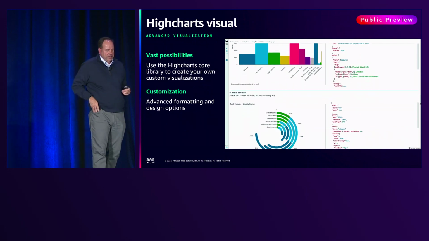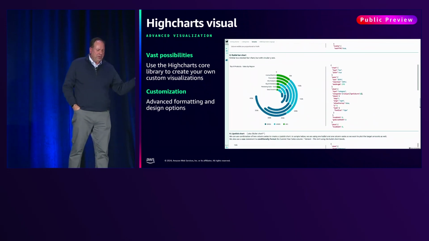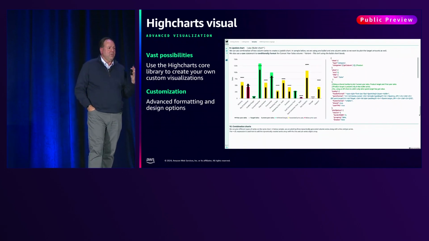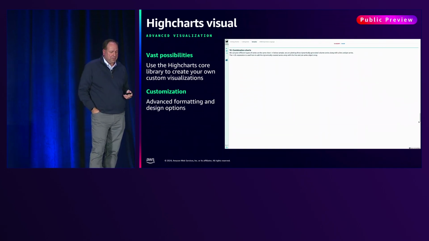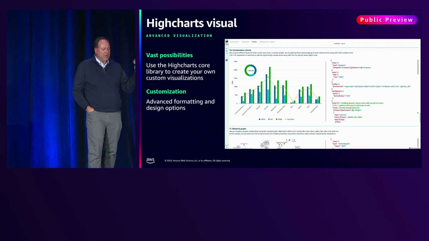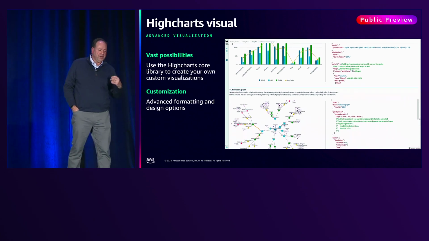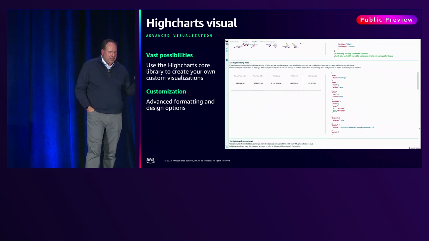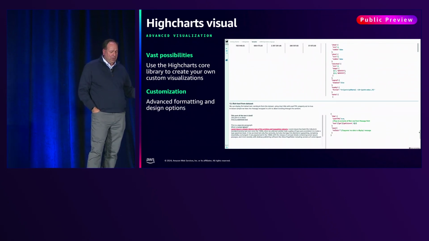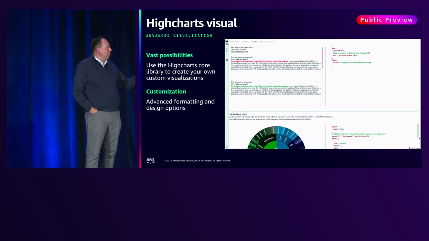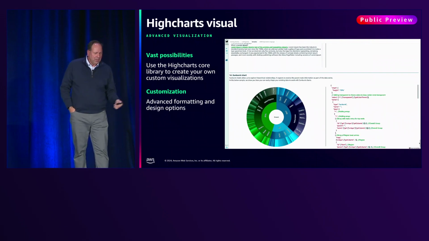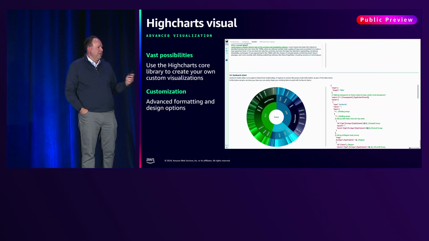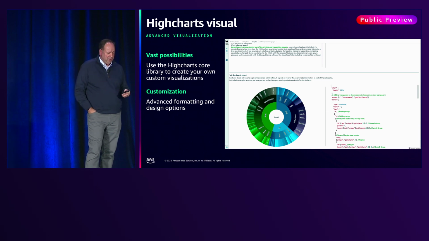They allow you to create things like pictorial charts, radial bar charts, and as you encounter more use cases and more scenarios in your organization, you're apt to run into a need for some of these less commonly used types of visualizations. So things like network diagrams. We even have support for a rich text visual, sunburst charts, and literally there are hundreds and hundreds of different variants that you can build.